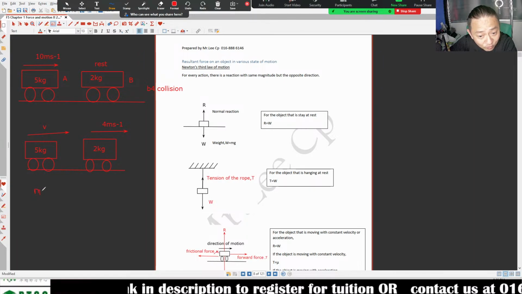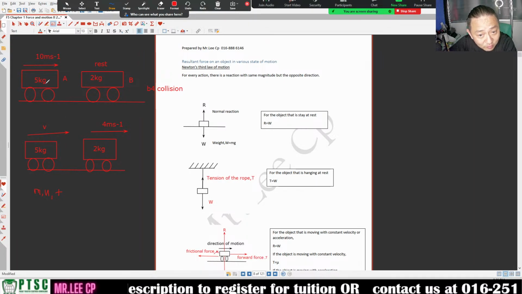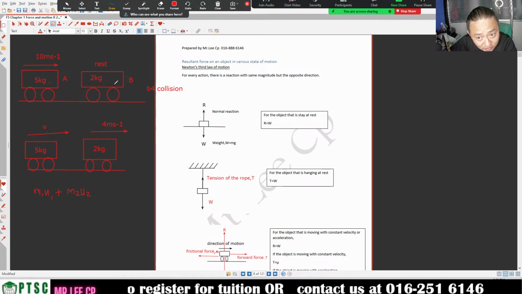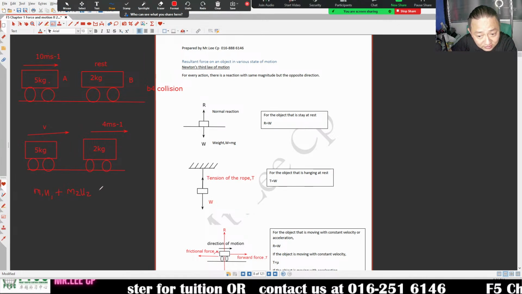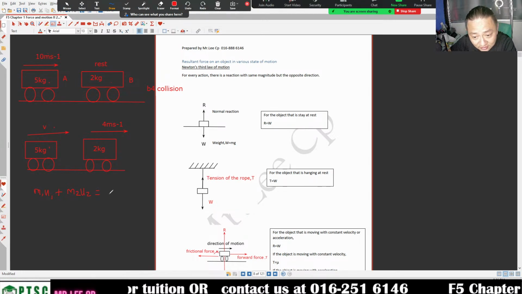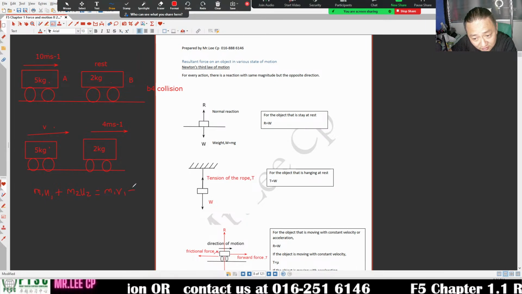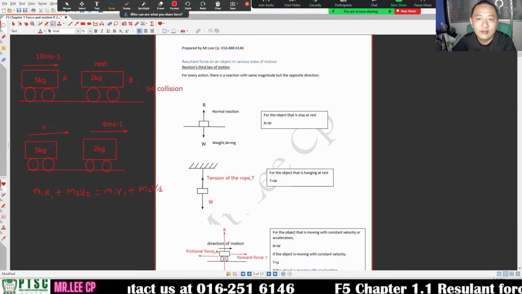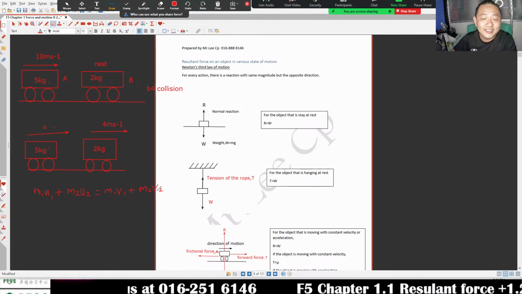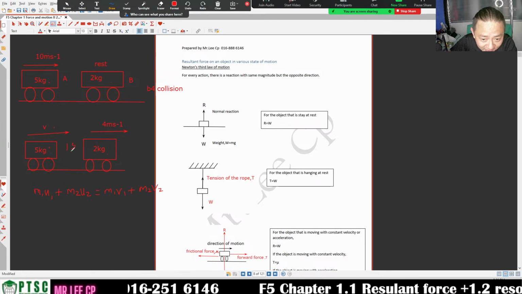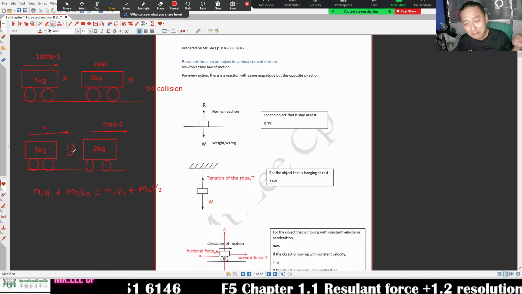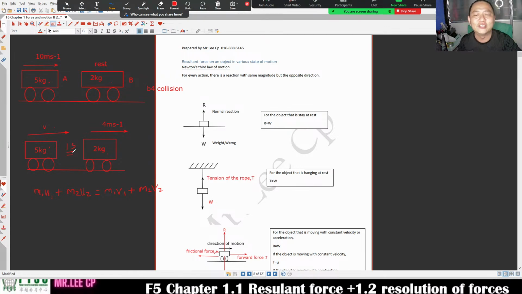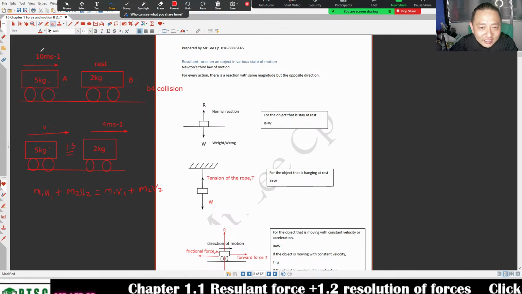We calculate the total momentum: m1u1 plus m2u2, before collision, is equal to m1v1 plus m2v2. Let's say the collision time is 1 second. I just take it as 1 second. In fact, 1 second is too long already, but never mind. So 5 times 10